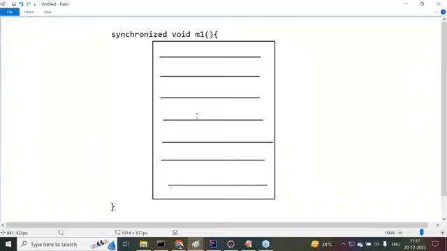But the actual requirement of synchronization among these 100 lines of code is only 10 lines of code. The 50th line to the 60th line is the actual requirement of the synchronization. But because of that reason, if you provide a synchronized method, unnecessarily the entire method is getting synchronization or not. When the entire method is getting synchronization, the entire method is allowing only one thread at a time or not.